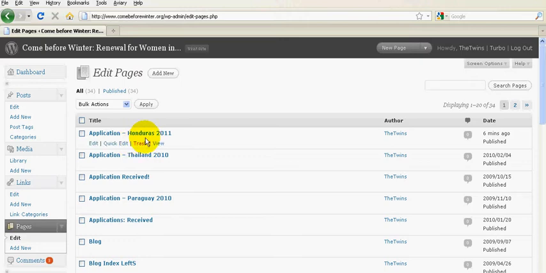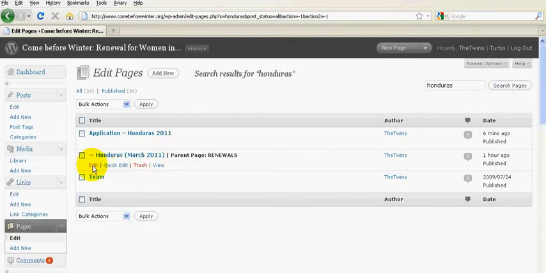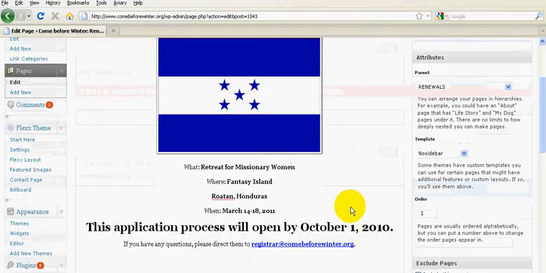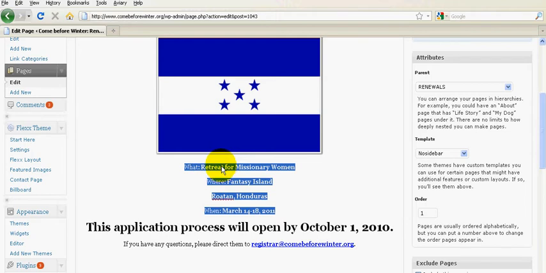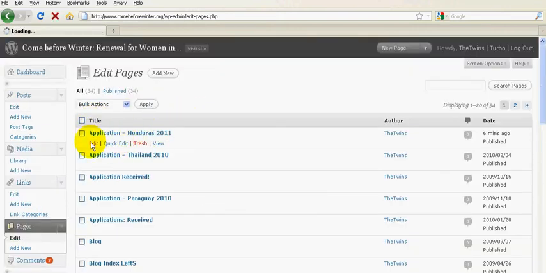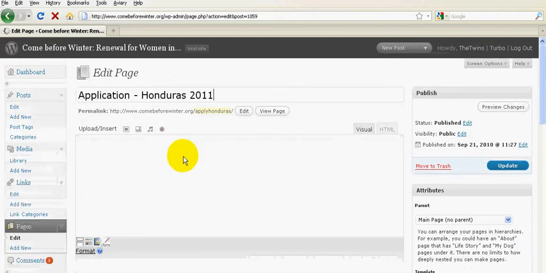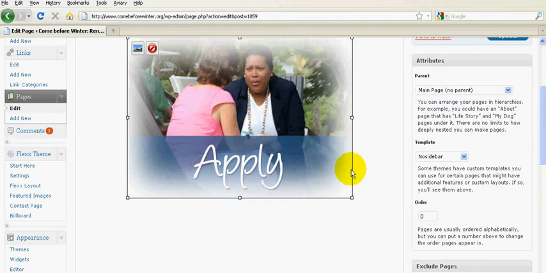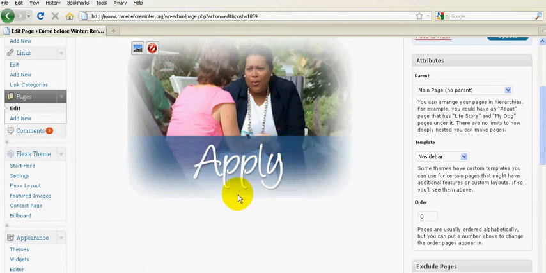See, I can copy that. Now I can go back to edit page. Now I want to go back to my application. I want my cursor to be at the end of the picture here. So there we go. I'm going to right click and paste it in. Do a little formatting and center it so it looks similar to the others. There we go. Now when I update the page,